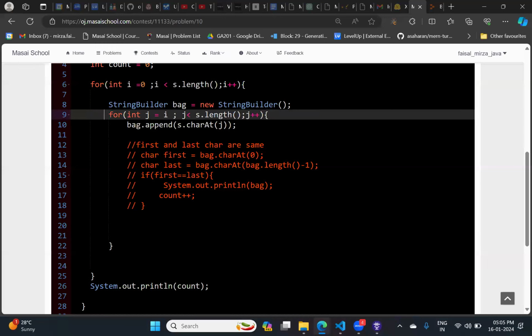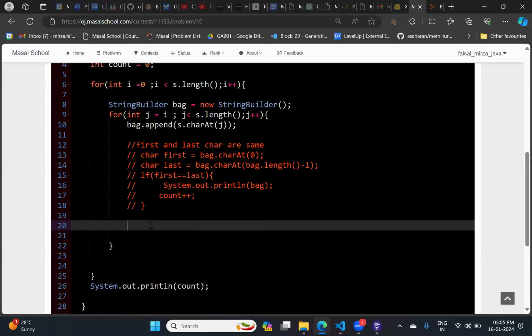In this for loop, we are able to generate all the substrings, from length 1 up to a maximum length equal to the length of the string. But I want only the specific substrings whose length is exactly 3. The substring is already getting generated now; I just need to apply the logic.